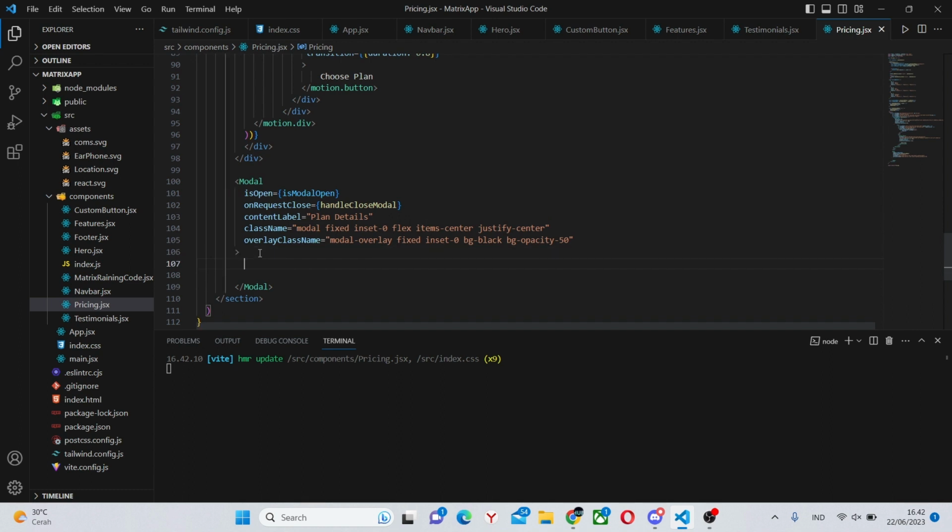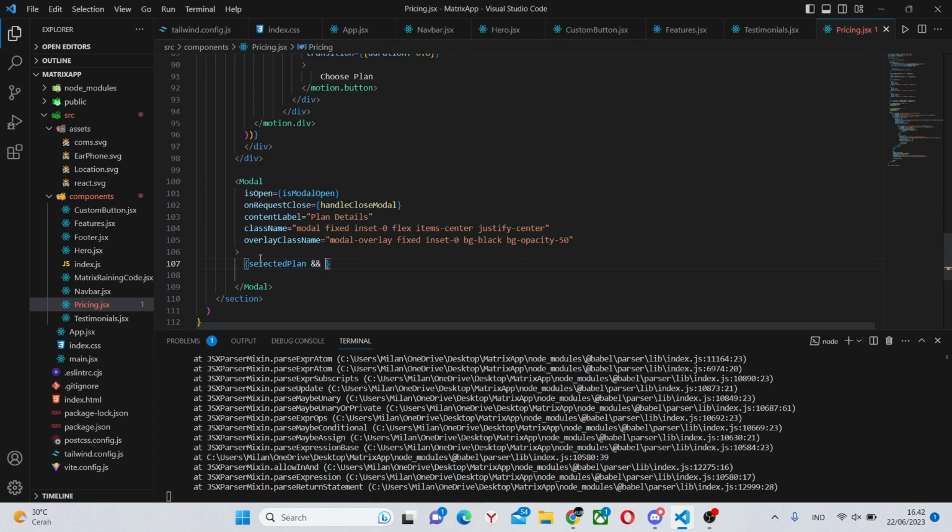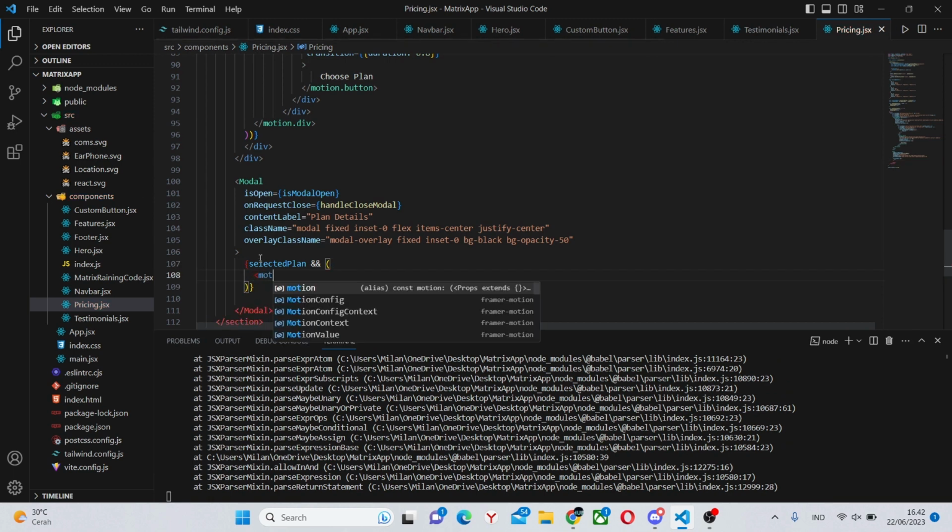So inside of this modal we can say selectedPlan and here we can create a motion.div like this.